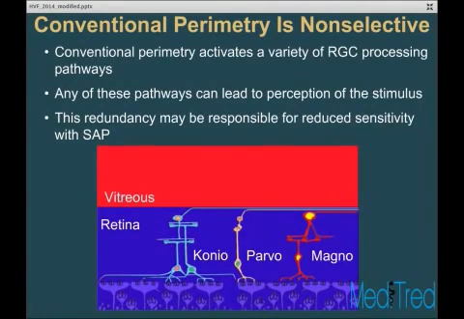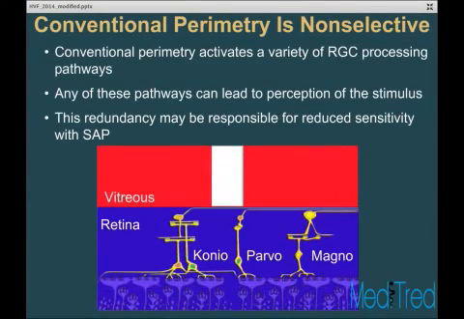So with conventional perimetry, we're using a broadband white stimulus that's illuminated across the retina. And this is not selected to any particular ganglion cell type. They can all be activated by this stimulus. Furthermore, you have three different retinal ganglion cell types scattered across the retina in sort of a mosaic pattern with overlapping dendritic fields. So you can selectively lose an entire group of ganglion cells in one particular region of the retina but because of these overlapping dendritic fields, there's a high probability that it's going to be missed on standard